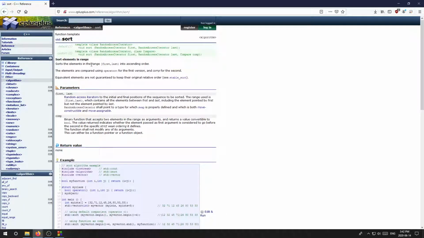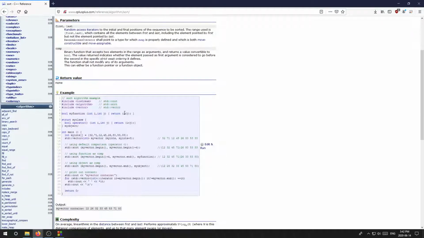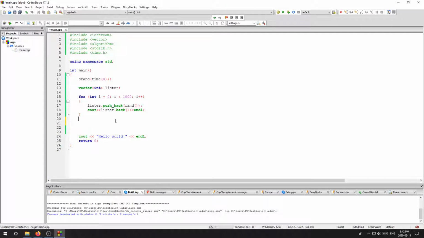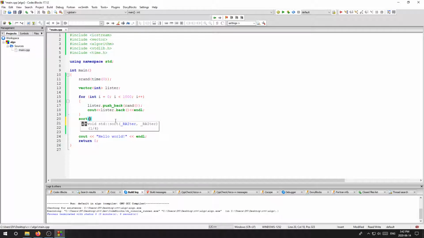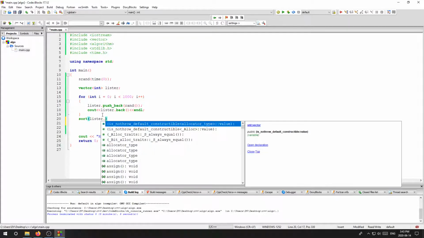Sorts the elements in the range first to last in ascending order. So if you look at a little example there, the examples are pretty terrible, but you basically have to call the command sort. Okay, let's do that. We'll write sort, and then in brackets, see how it says array iter? An iterator in C++ is basically just the memory address of the first element that you want in a list. So I'm going to say